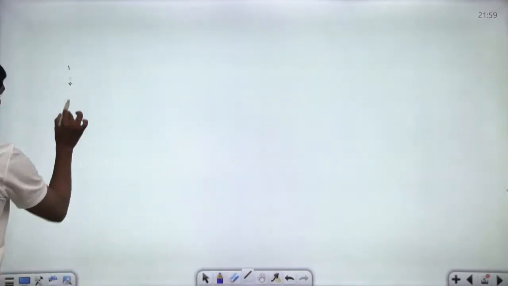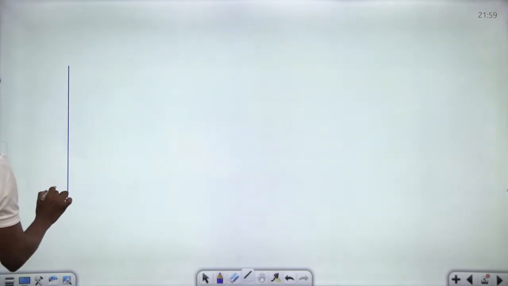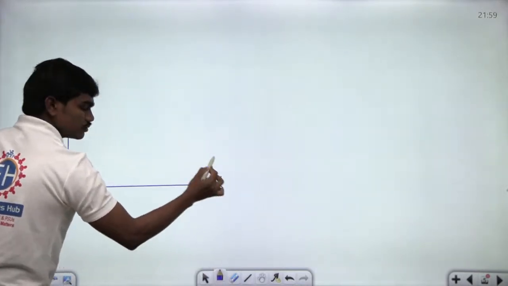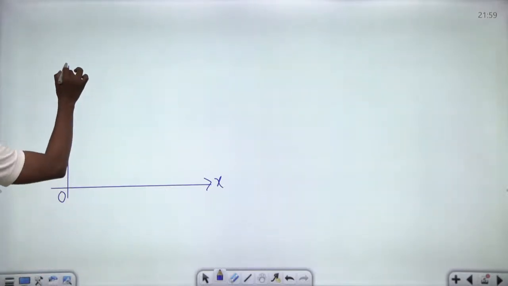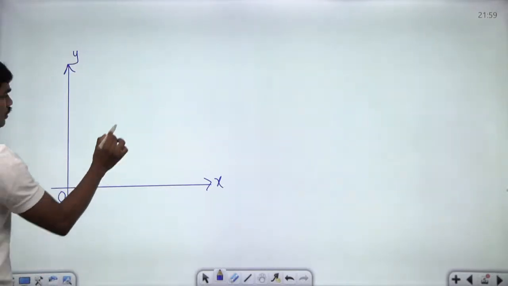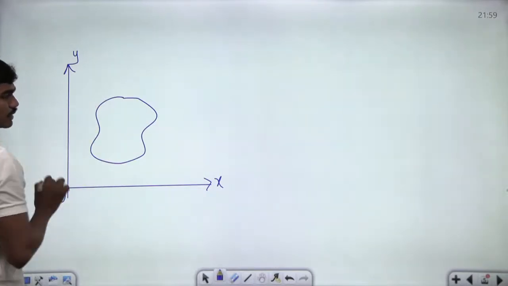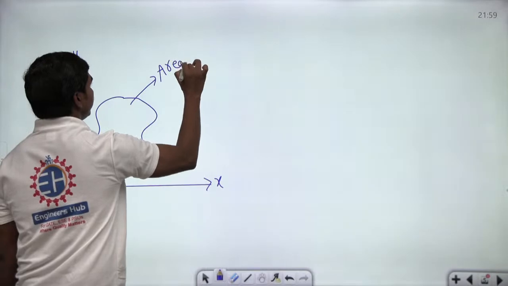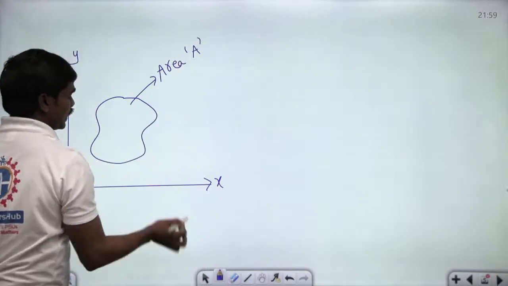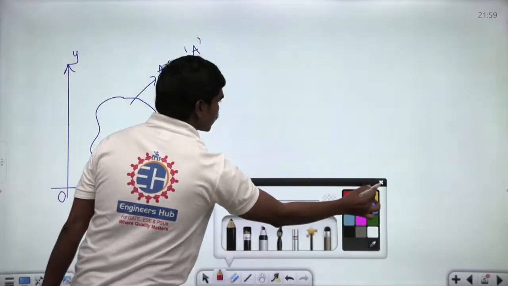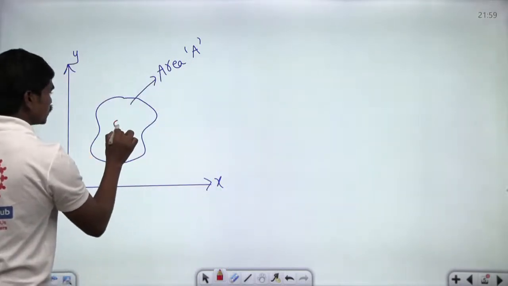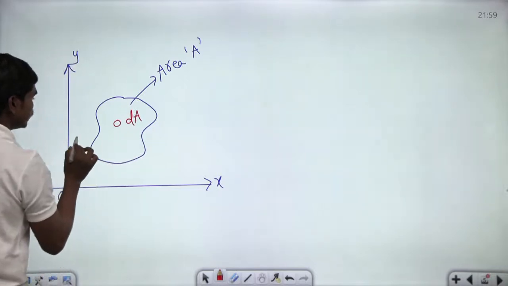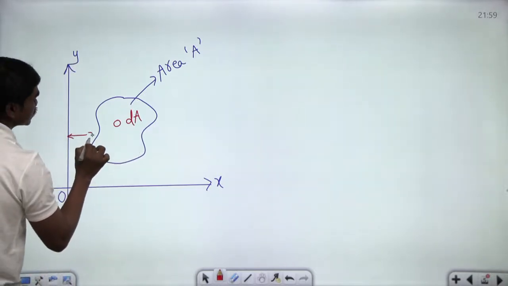See carefully. Let us suppose you have two axes, something like this, okay? This is x, this is 0 and this is y. Now, you know first moment of area is nothing but the centroid, that gives you the concept of centroid. So again this is area A. Then let us suppose you are considering a small elemental area here. So now if this distance is x,